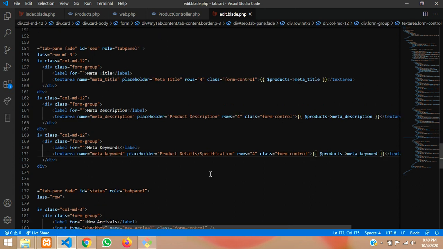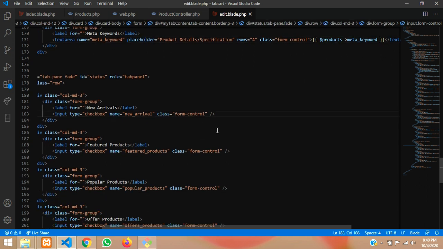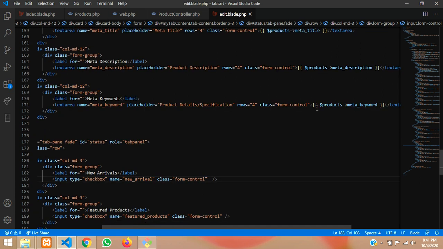So now we are updated with the meta title, meta description, and meta keyword. So guys, now we are going to update the new arrivals part. So where you are going to follow with the values, same thing. So let us copy this and paste the values also for it.